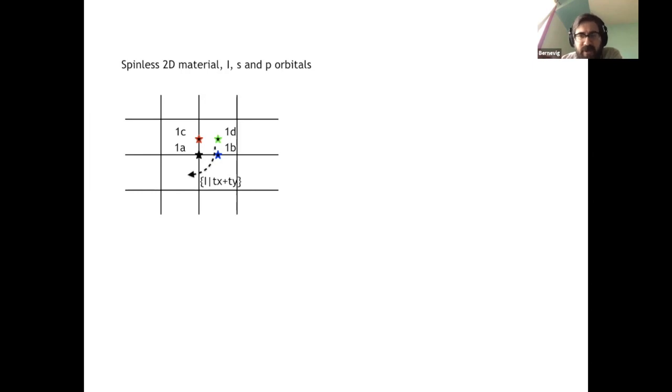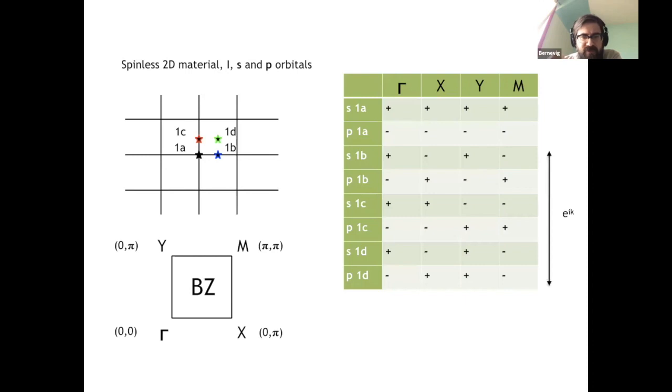So what type of representations can inversion have? Well, it can have a scalar, which is an S orbital, and a vector, which is a P orbital. So I can put on each one of these sites an S or a P orbital, to have 8 atomic limits in a 2D lattice with inversion symmetry. And these 8 atomic limits are S or P orbitals on the 1A, 1B, 1C, and 1D high symmetry positions. And because of these translation operators, the induction procedure works like this: given an orbital and a position, I can tell you what the eigenvalues of the bands in momentum space are.